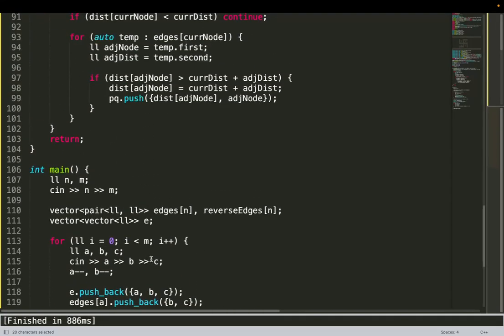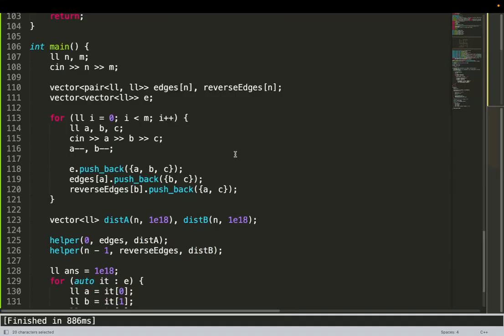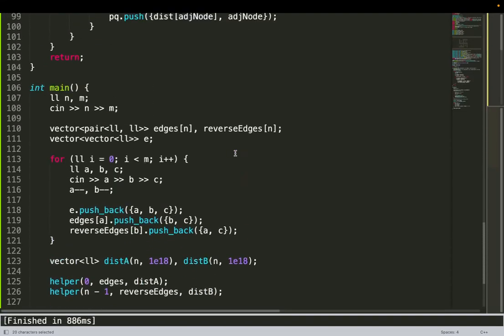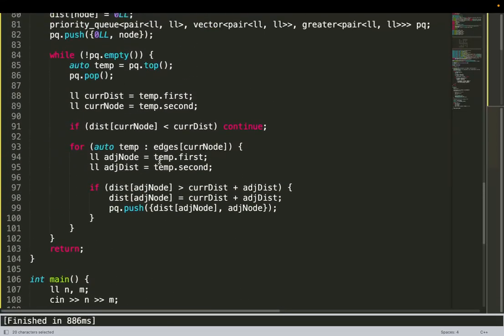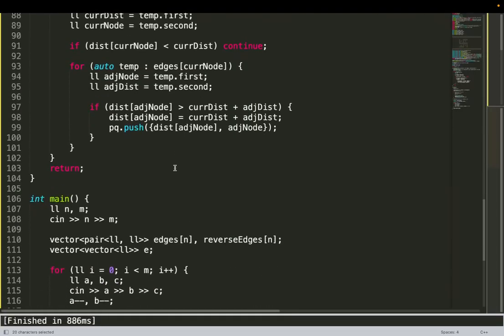There is one more way, as I already discussed at the start, to use 2D Dijkstra. I am not discussing that particular approach in this video. If you guys want that approach as well, you can comment it down. I will surely make a video for that approach as well. But this is what seems to be most intuitive for this particular problem.